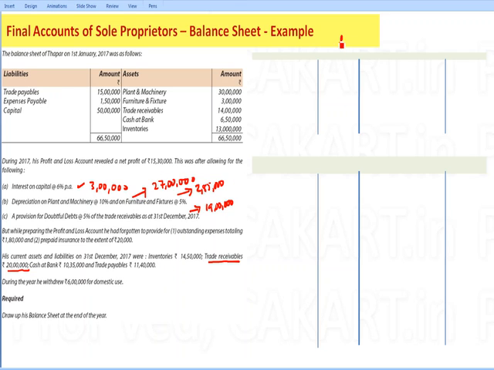ओके, सो एक काम करते हैं, P&L अकाउंट को एक बार रिवाइज्ड P&L अकाउंट बनाते हैं. फॉर ईयर एंडिंग 31/12/2017. ये कैसे बना सकते हैं रिवाइज, जरा देखें भाई क्या लिखना है यहाँ पे. ये रहा पर्टिकुलर्स, ये रहा अमाउंट. अभी के लिए आप कर दीजिए कि बाय बैलेंस ब्रॉट डाउन. कितना जितना नेट प्रॉफिट था